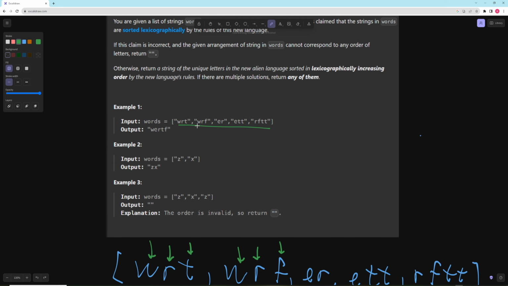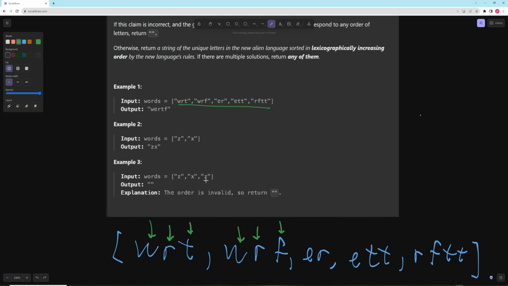So we're going to go through every single letter and every single word. Instead of adding them to a set, we're just going to add every single letter to a hash map, and then that letter will have a value, a set, and a number of dependencies. And then we're just going to go through the keys, take everything with no dependencies, and add it to some kind of